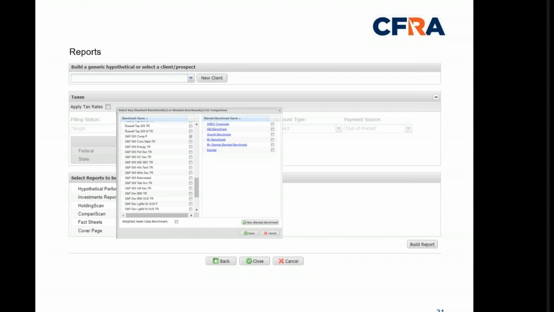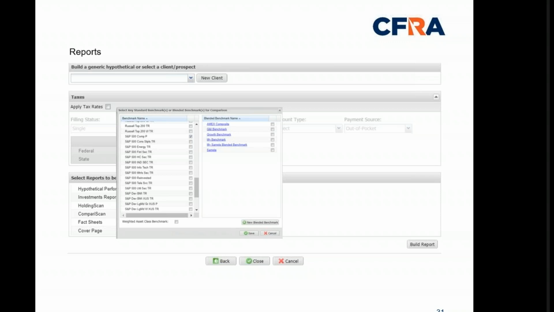On the left side of the screen here, you'll see some indexes. This one shows S&P comp with price only, along with a few Russells. There are about 200 in this list that you can choose from, and you can essentially show this as the benchmark for the entire portfolio.